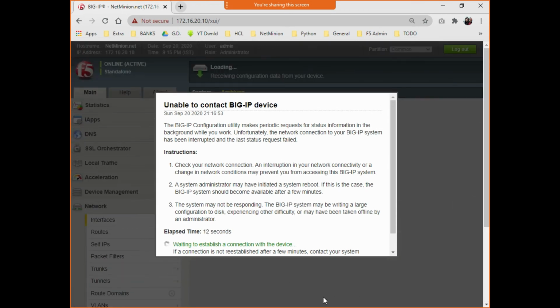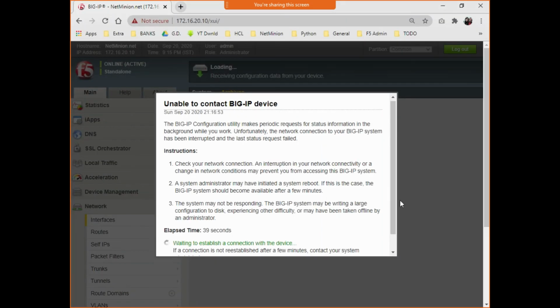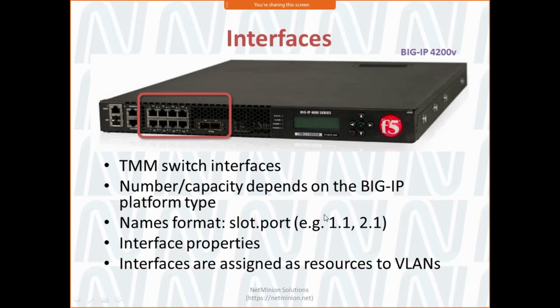Meanwhile, let us check the UCS file, if it is there now. Can you see, we have the UCS file which we created some time ago. This file is an encrypted file, you cannot open it. That is how you can download it on your desktop, or maybe you can put it over here. Later on you can upload from your system also, but let me show you. Let it come up.